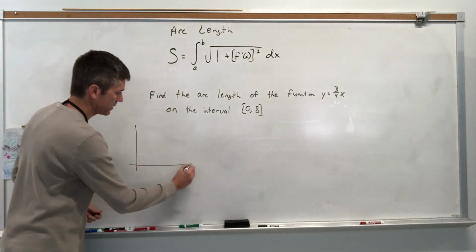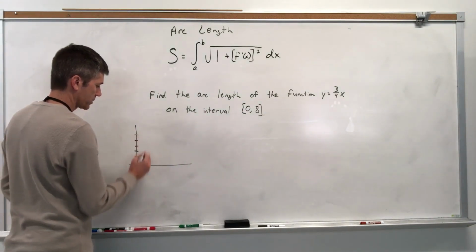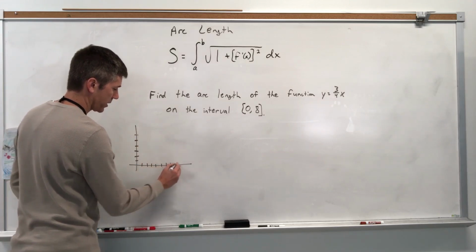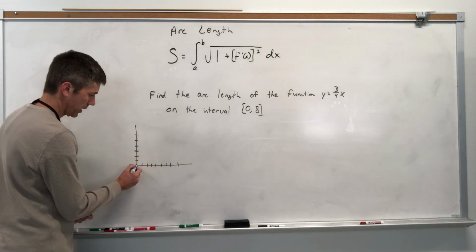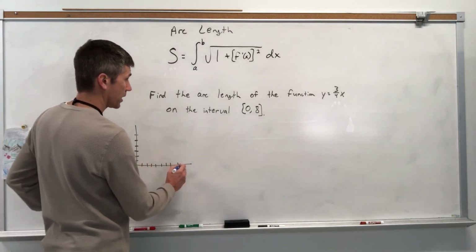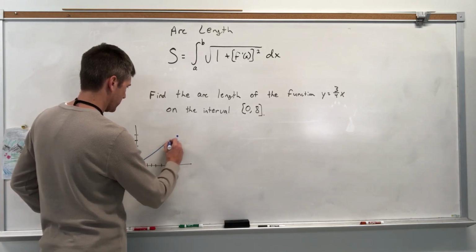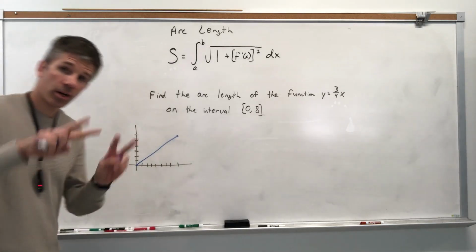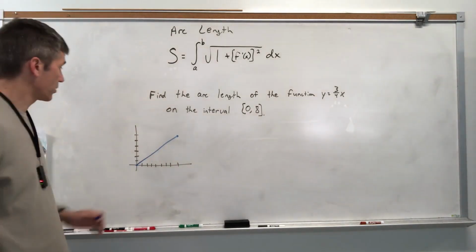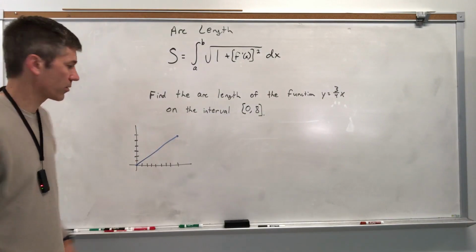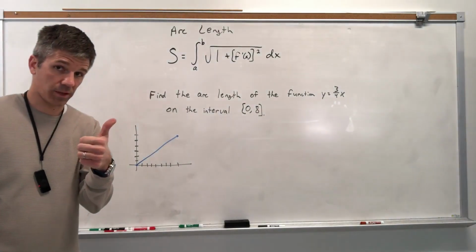So this line, from 0 to 8, well, it would start at (0, 0) and end at (8, 6). I want to know how long that curve is. Now, we often use the word curve for any function, and this is no different. It's not a curve, but we call it a curve. So if I want to know how long it is, I could just simply use the distance formula, which again